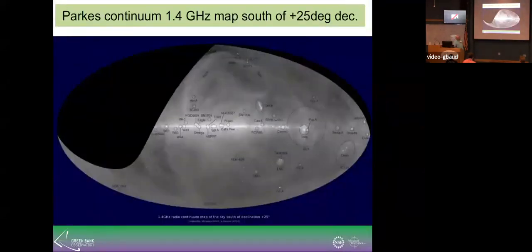The southern sky, I did this last year. I just thought that was sort of cool to show. But here's the galaxy. Normally a lot of our objects are up in the northern sky, but this is what they see down under, so to speak, in Australia, where the Parkes telescope is. And you can see the galactic plane. This is galactic coordinates, and then some of the common objects, like Virgo A, 3C 274,